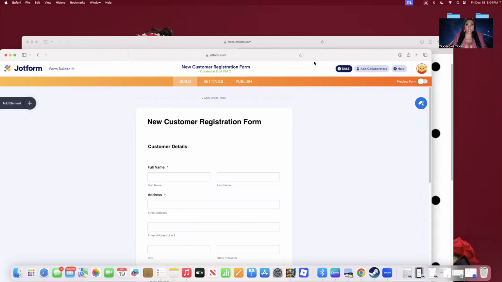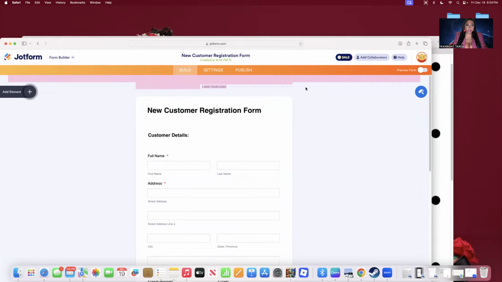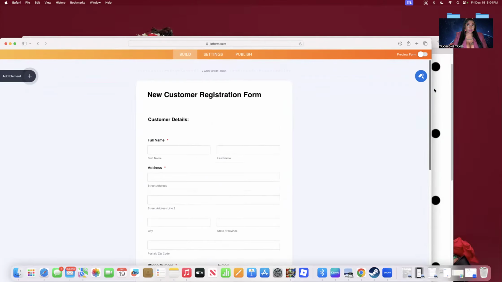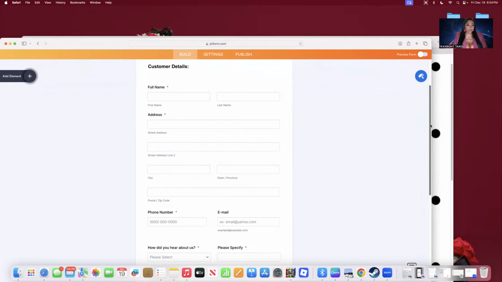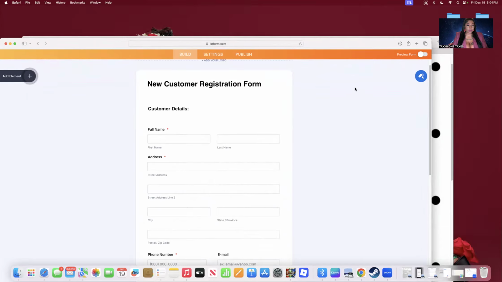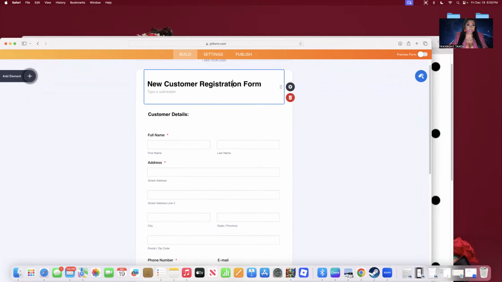So this is a blank JotForm. As I showed you previously before I had stopped sharing my screen, you are able to start from a template. So that's exactly what I did. I started from a template and was able to pull the template up, and you can use whatever you would like from it. So for instance, you see it says new customer registration. Let's say you are making this client intake form. You can go ahead and